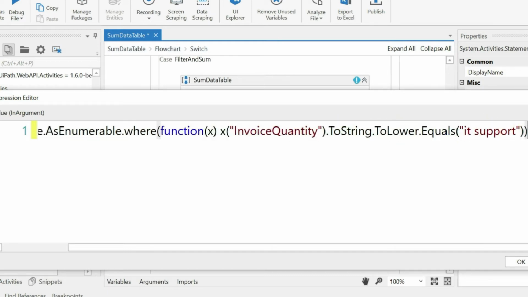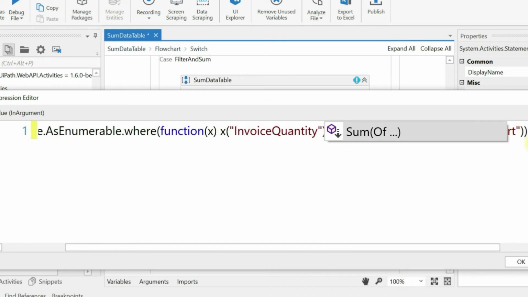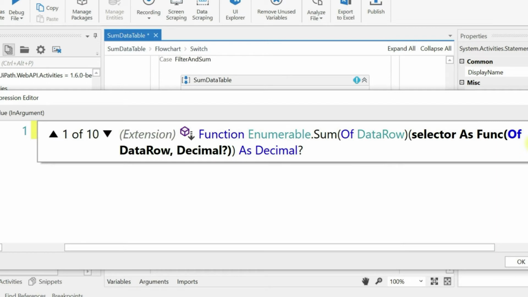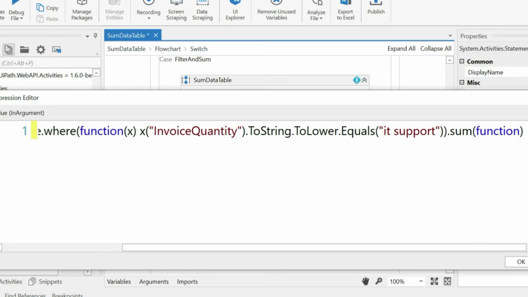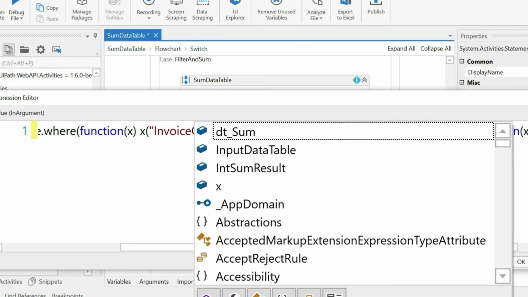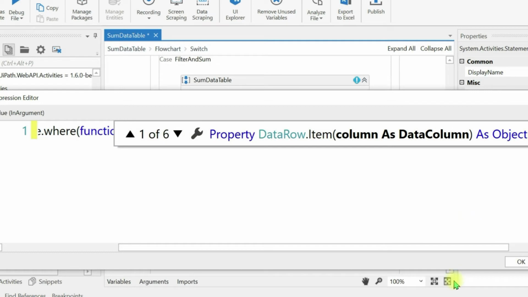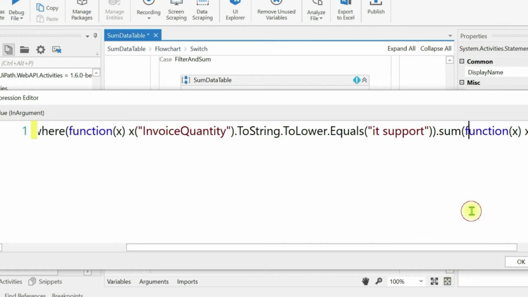Okay, now this query will just return the data by applying this filter. After this we are going to apply the sum extension method, the same query we saw in the first simple sum category.